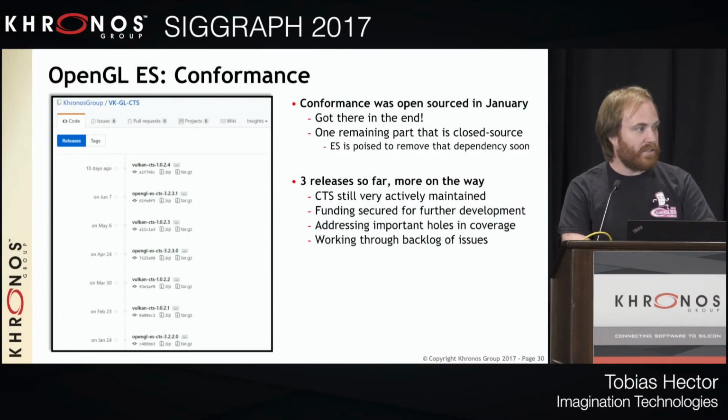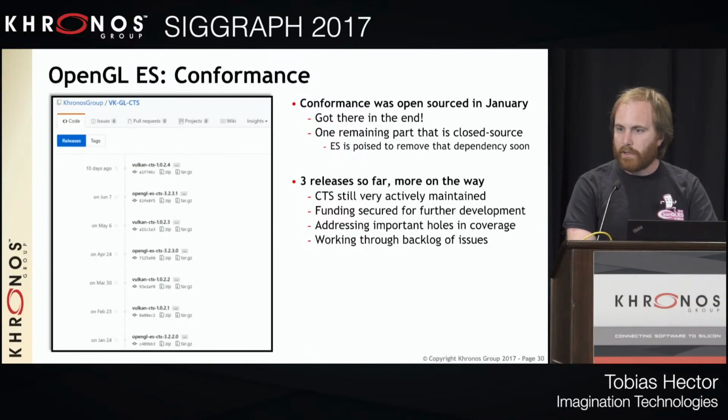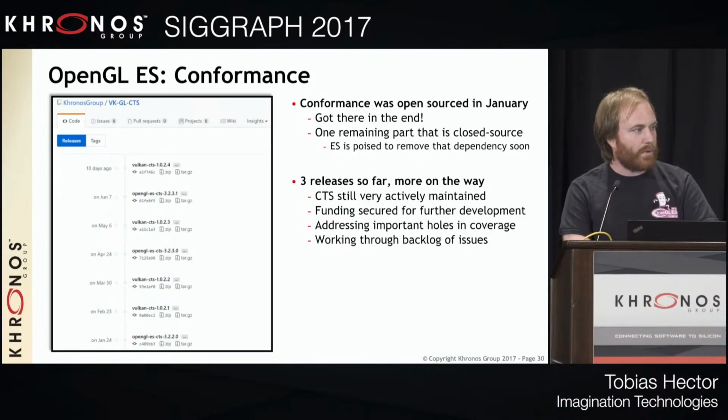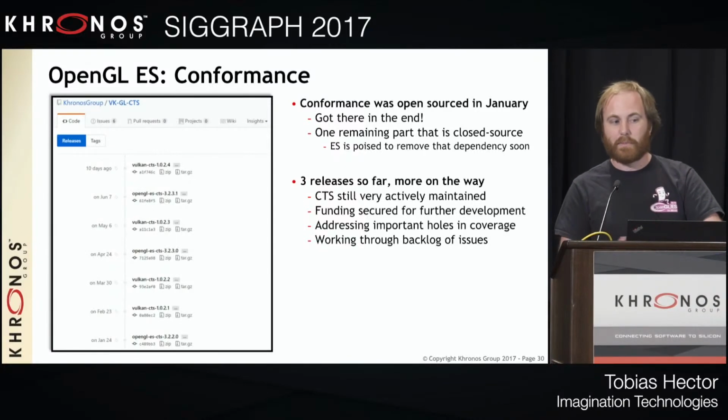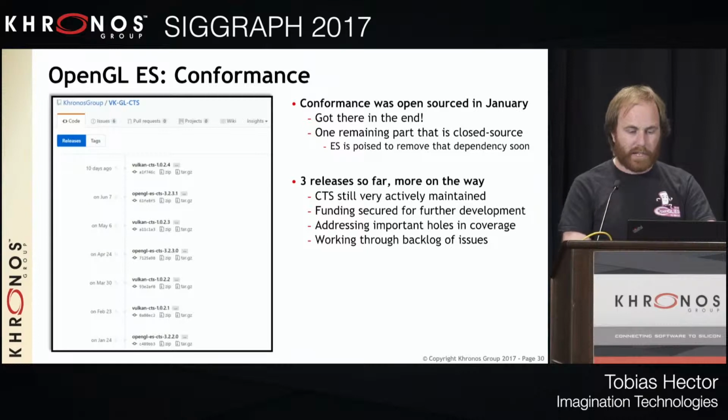So as Piers mentioned, the CTS is now open source. This is true for all three of our graphics APIs, ES, Vulkan, and GL. It's all a shared code base, in fact. And some of the sharing, as Piers pointed out, about them taking on some ES coverage, we've taken on a little bit of GL coverage as well, as we've now got a shared code base, so that helps. It was open sourced in January. It did take a while. We've been saying for a few years now that we'll be open sourcing it. We did finally do it.